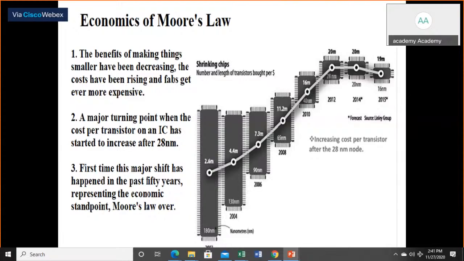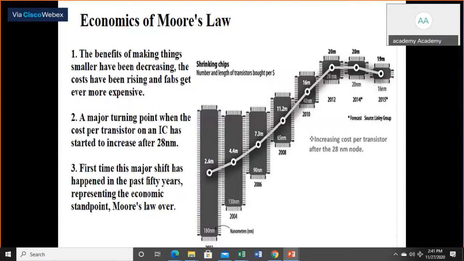I have shown some pictures starting from 180 nanometer technology to 130 nanometer technology, where you can see the number of transistors in 180 nanometer technology in 2002 was 2.6 million. Now, if you go to 2004, after approximately 2 years, 130 nanometer CMOS technology was using 4.4 million transistors. Again, if you go further, 2006, 2008, 2010, and so on, you can see that the number of transistors